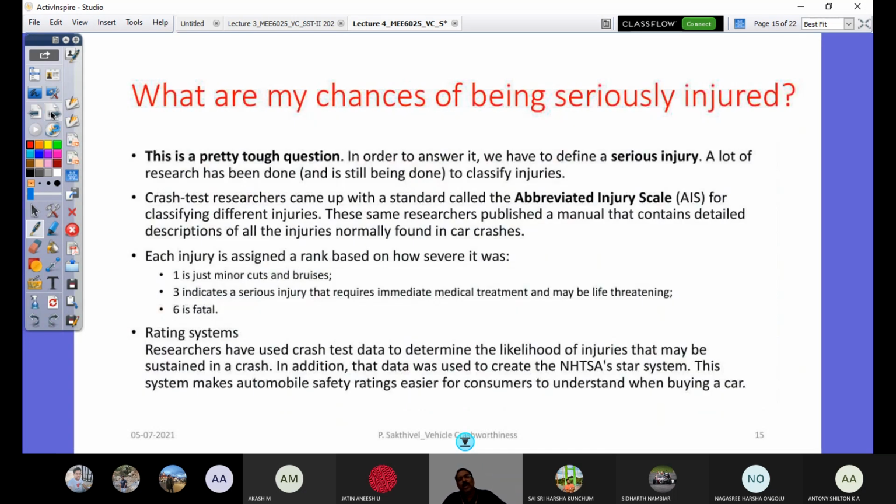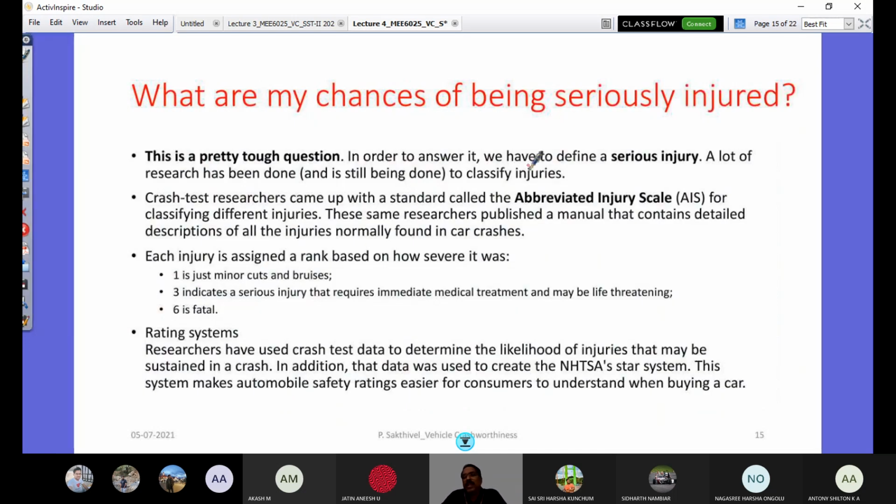Now the question is, what are my chances of being severely injured? We know that our life will be saved, but what are the chances that I get severely injured? This is a pretty tough question. In order to answer it, we have to define serious injury. We have to define what we mean by serious injury. A lot of research has been done